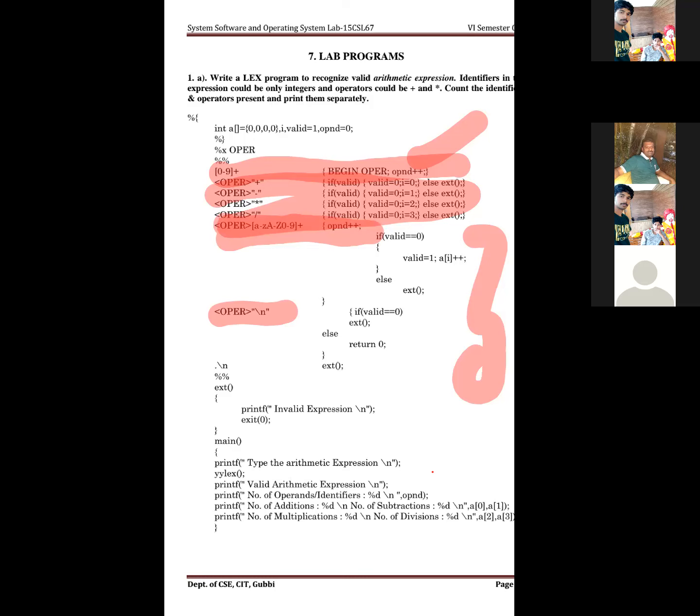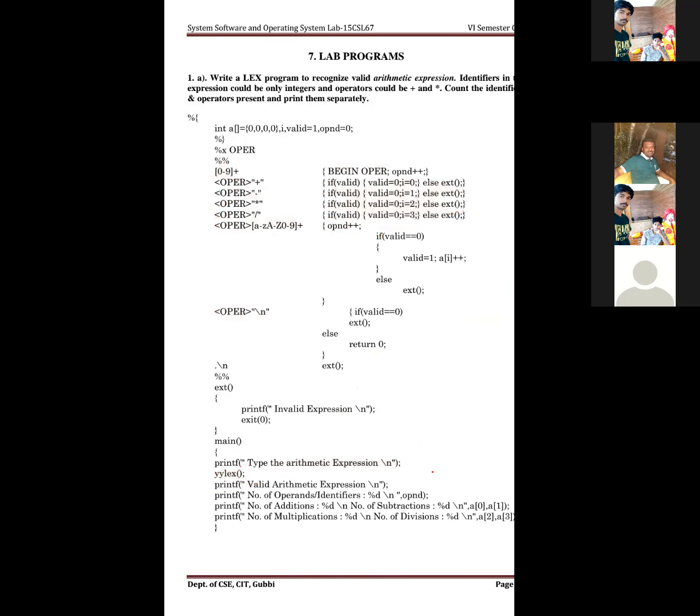Next, come to the main part of the program. Type the arithmetic expression. You only mention the arithmetic expression, either a plus b star minus c, star c, or star minus c, a plus b c minus d. Like that you can mention any arithmetic expression. The while x function I have written here will scan everything inside your expression. The main scan part of your program starts with a while x. It may be a letter, a symbol, or any kind of new arithmetic expression. Everything it will scan.